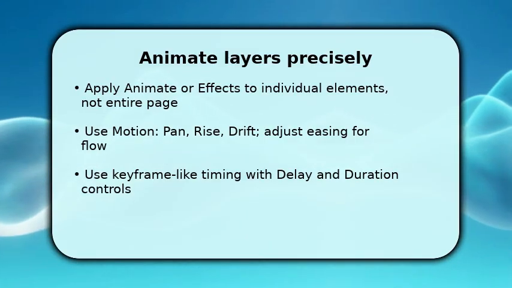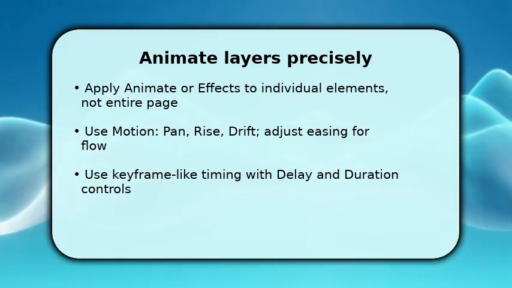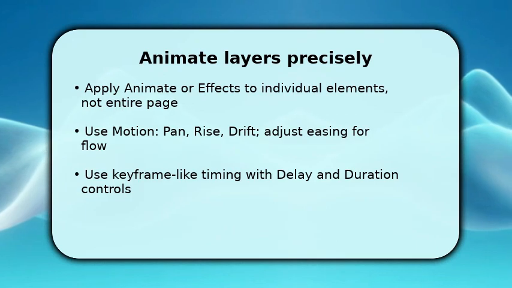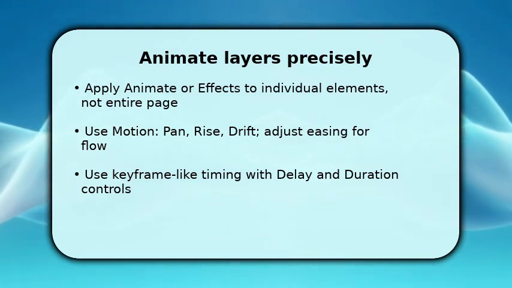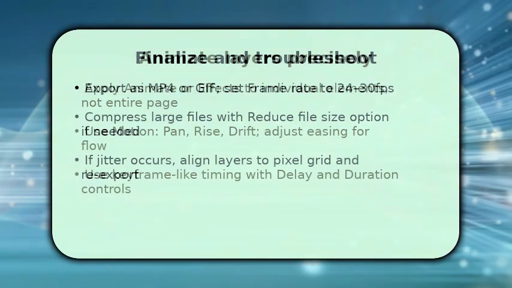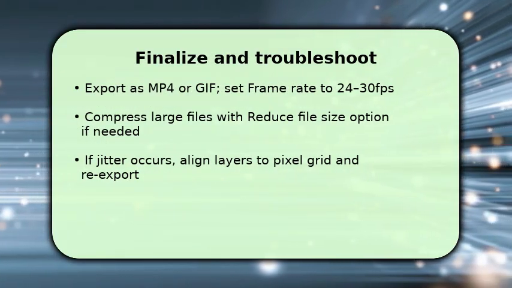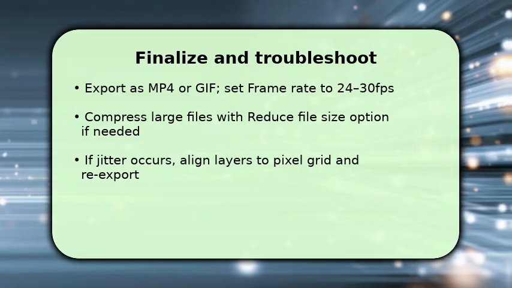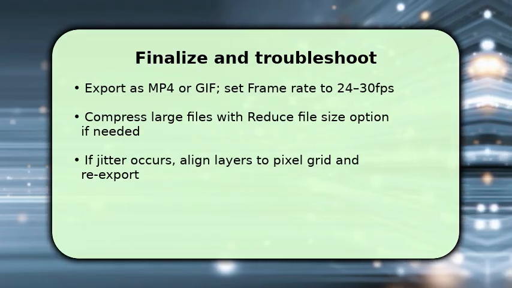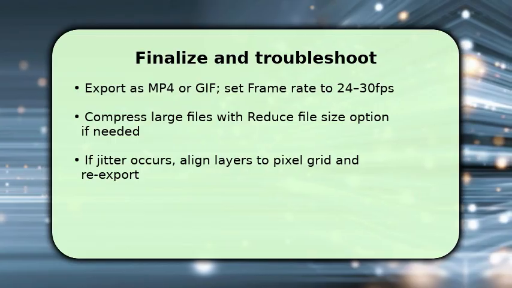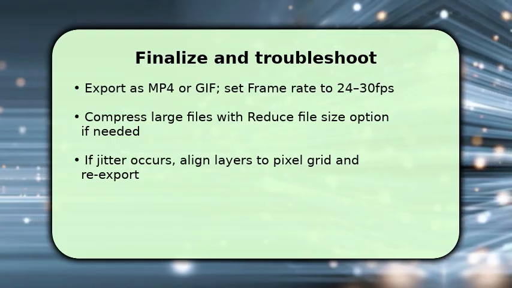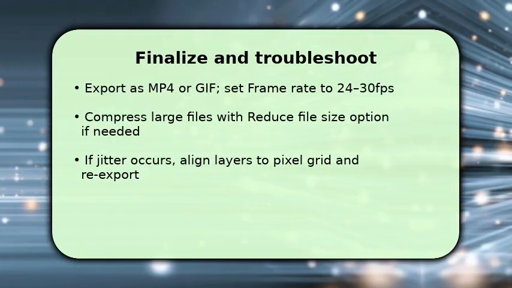Make sure to preview the sequence, adjusting overlaps so elements lead the eye rather than collide, and refine until transitions feel intentional. To finish, preview the full playback and export as MP4 for video or GIF for short loops. Choose 24 to 30 frames per second for smooth motion. Before export, make sure all page durations and delays are final, then use Reduce File Size if the file is